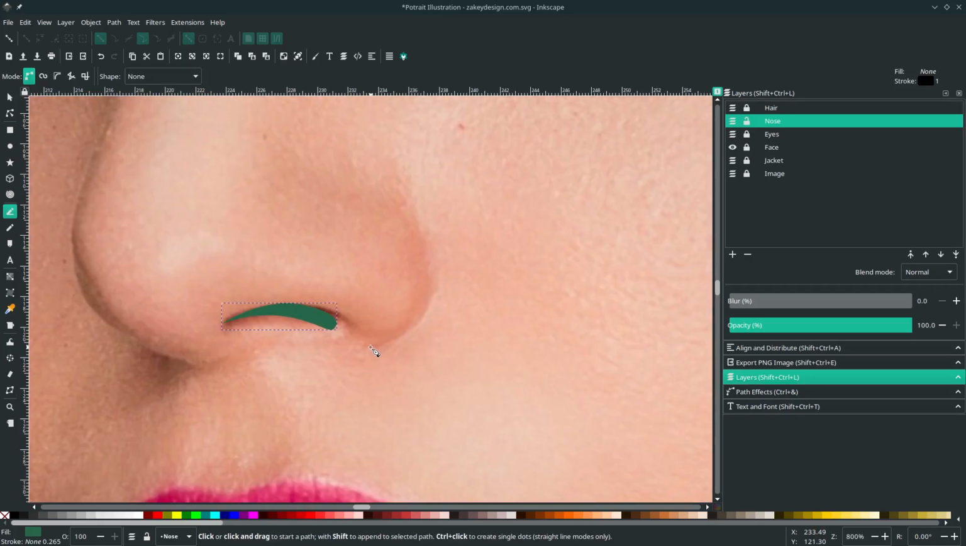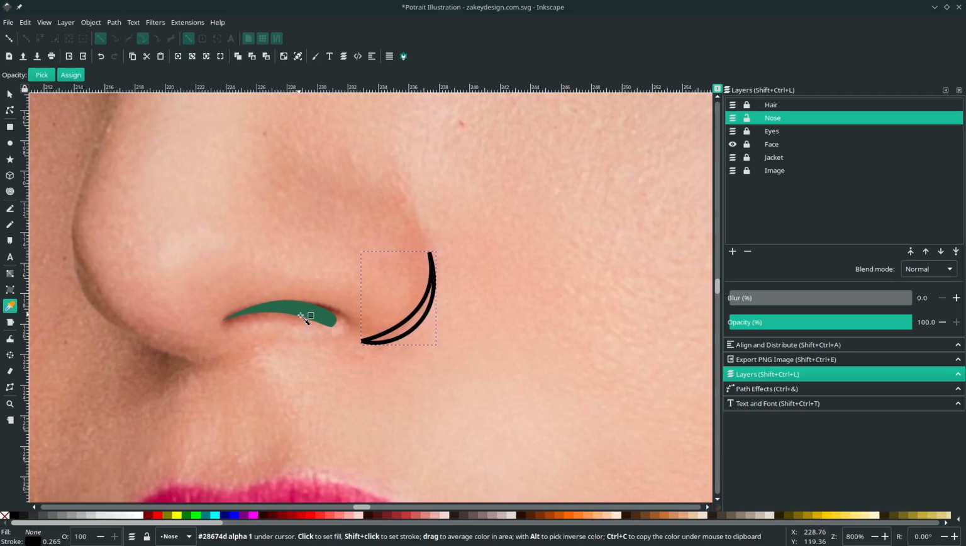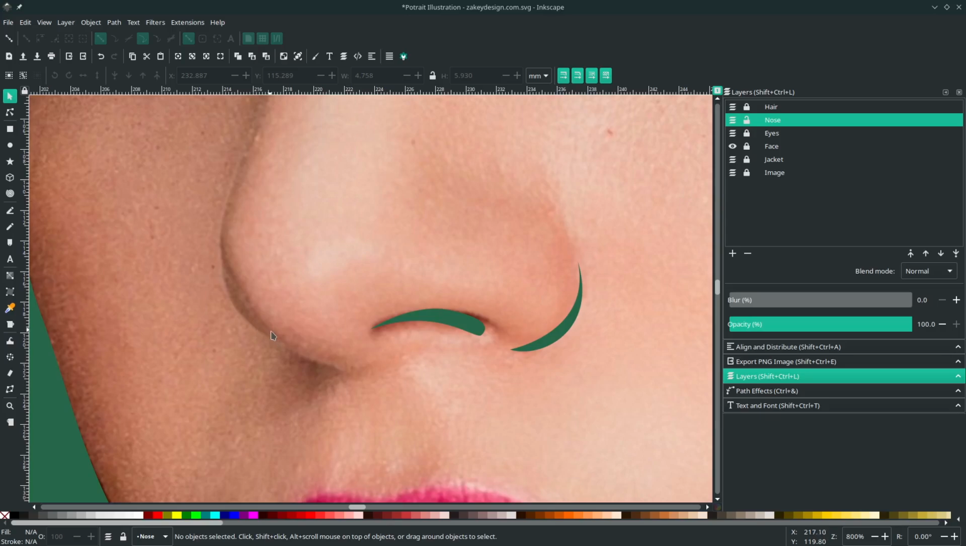On this part, to emphasize the nose shape, lock the corner, hold shift, then place it on here. Change the color to this and remove the stroke. And on this part,